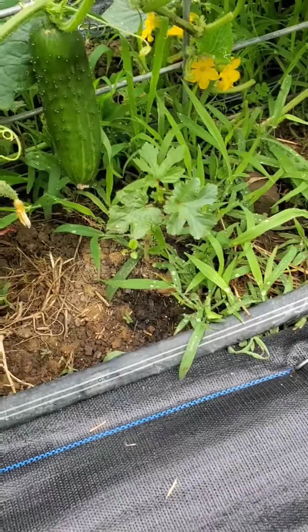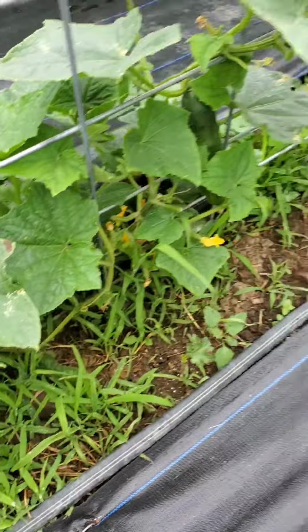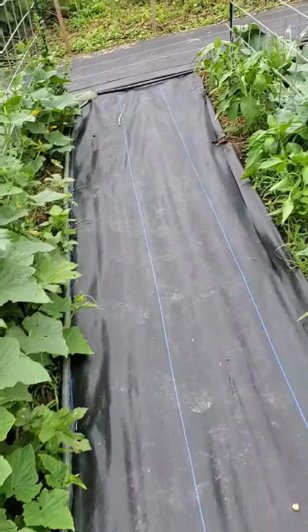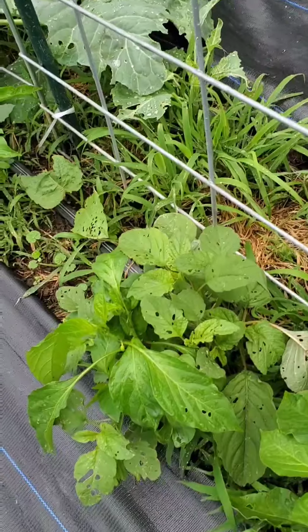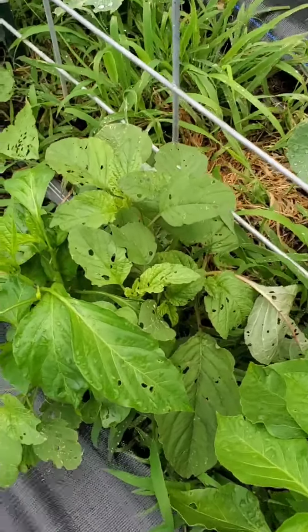Here's this little baby. He's about 6 to 8 inches long. I need to get enough of them so I can do my first batch of pickles this year. As you can see, I have some weeds in there, and I'm trying to leave these weeds. It is the purple amaranth